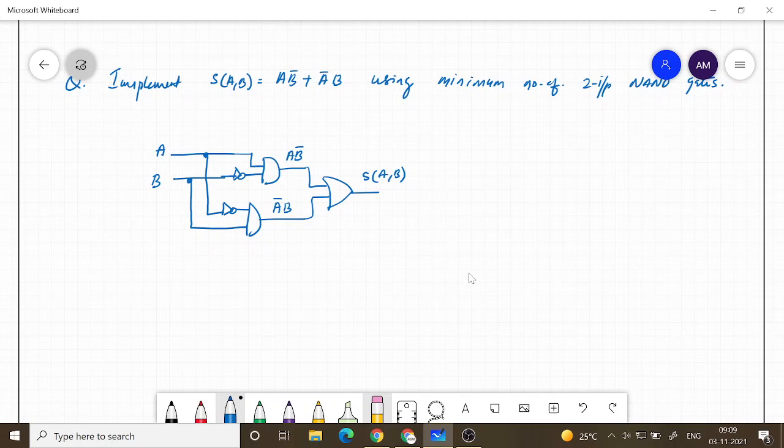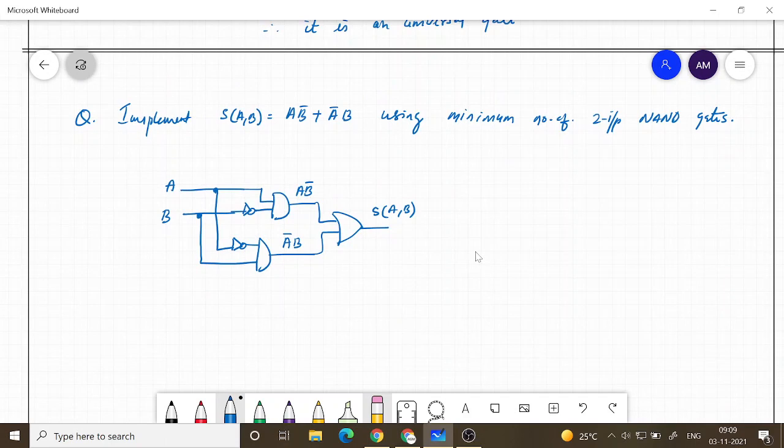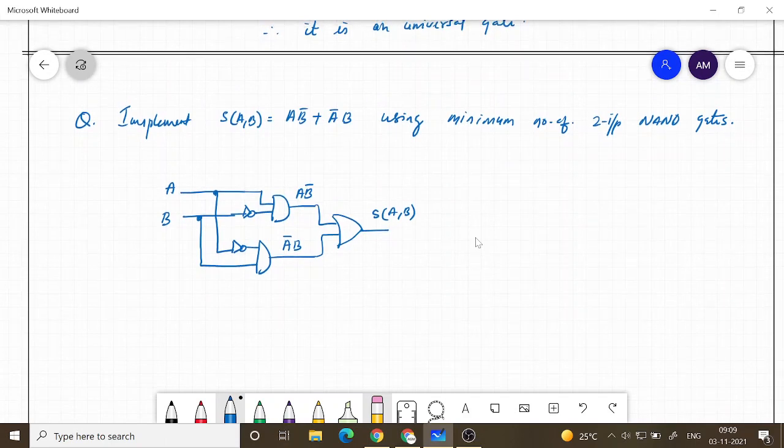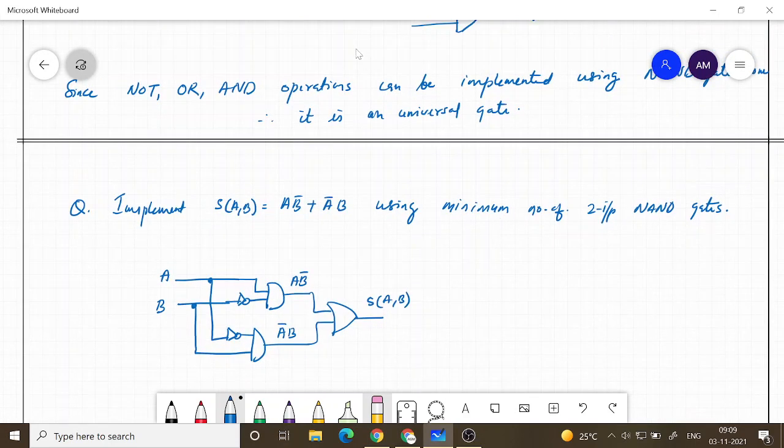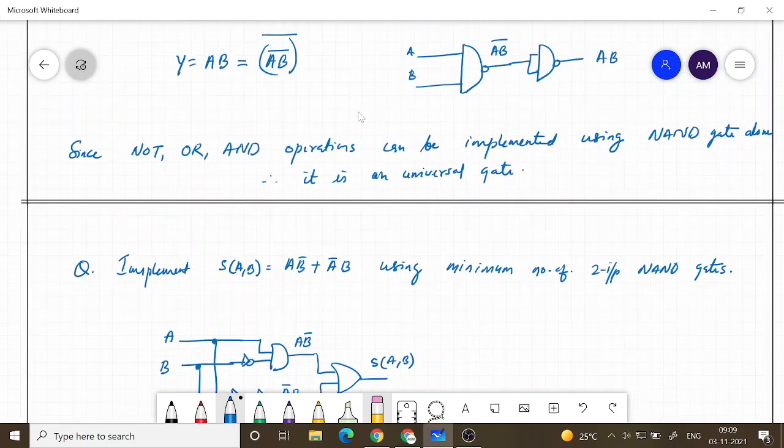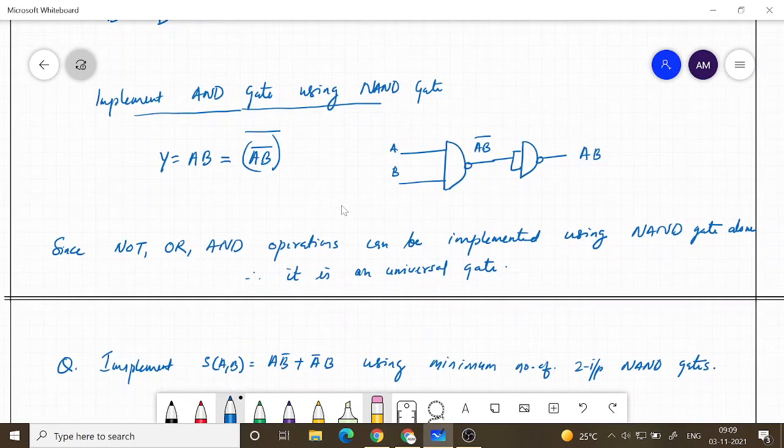So what we can do is, let's look at the implementation of AND and OR once again. If you have a NAND gate and if output is complemented, you get basically an AND operation.